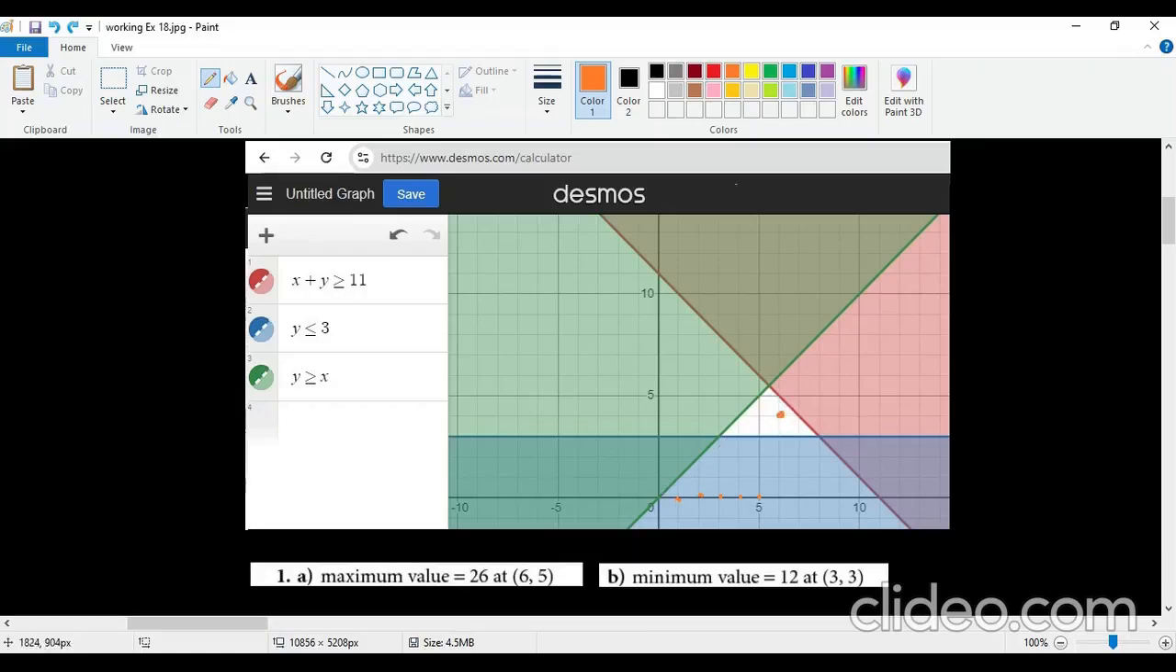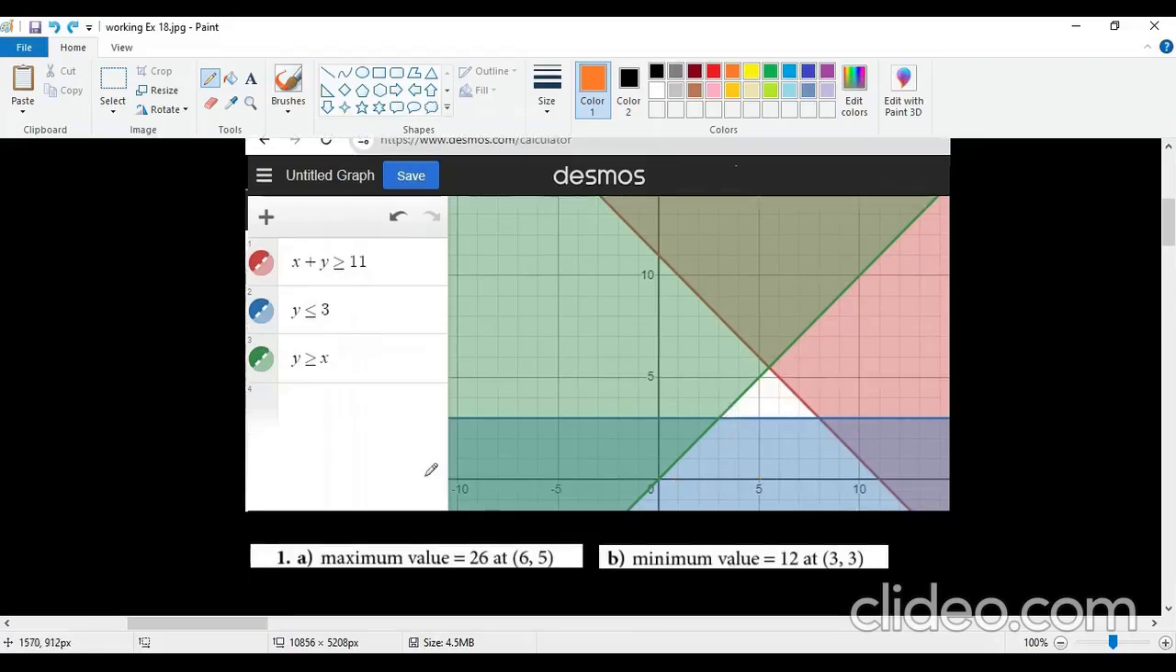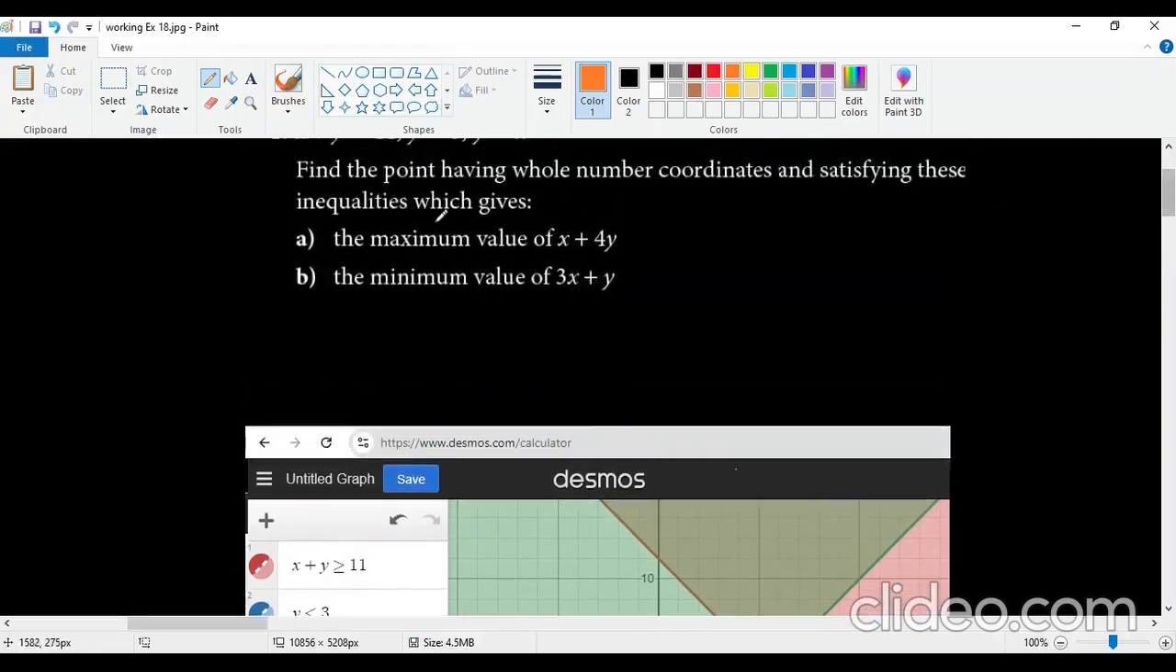When it comes to the minimum value, it is 12 at 3, 3. Now, where is 3, 3? 3, 3 is here. This is 3 and 3. Now, the question arises from where we get this 26. Now, look at the equation given for finding out the maximum and the minimum value. In here,